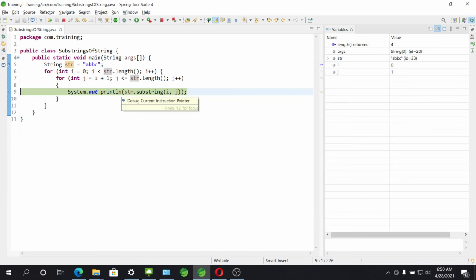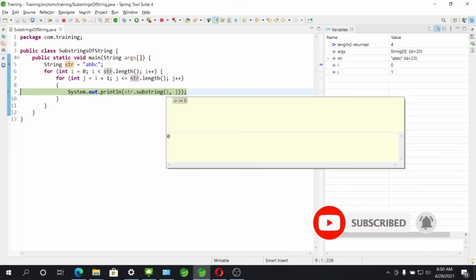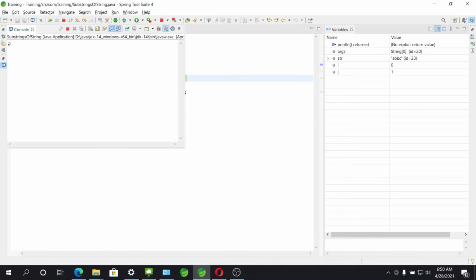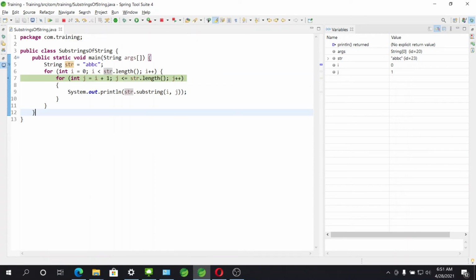So the substring method will return the 0th index. Why? Because the substring method always excludes the last index. Let me print this and see what we are printing. If you see, it was 0 and 1, but it has excluded the last index, and it has only printed the 0th index, which is A. Now it will increment the value of j, which is in the inner loop.